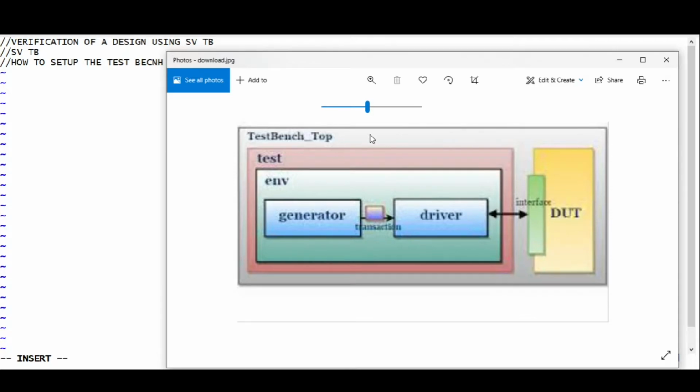I know for beginners it is very difficult to visualize this test bench and how exactly things are going to happen. So I would suggest you go to some good blogs and understand how this test bench looks, because there is no need to explain much in this; you will definitely understand what is happening. We will just set up the test bench. This is our design, and this is the interface. Using this interface we are going to drive our stimulus to this design. This is a test, and inside it there is an environment class. Inside the environment there is a generator and driver. There are two more things, a monitor and a scoreboard, but for now we are not going to go into those.